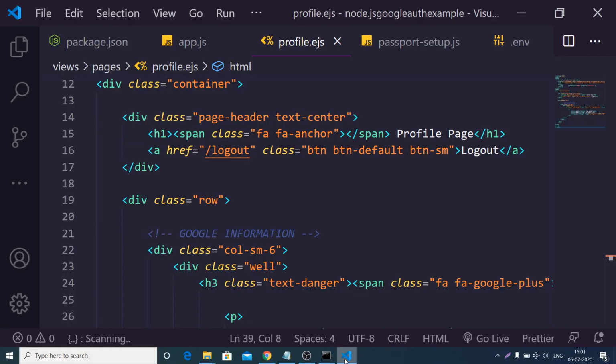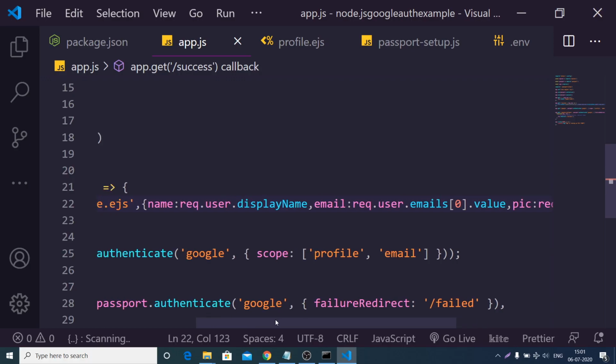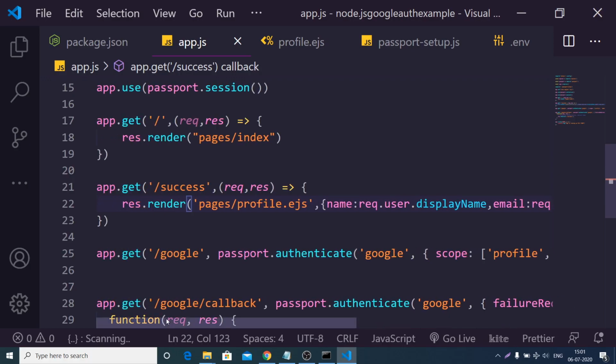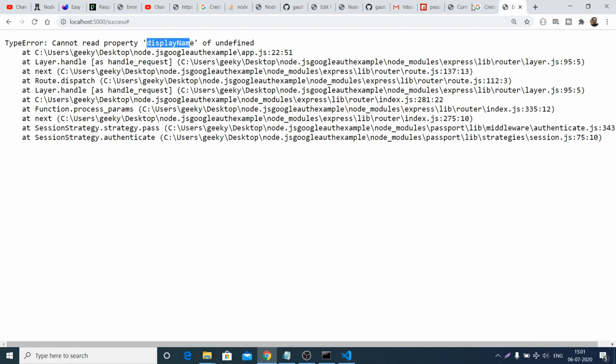What is the problem? Request.user, I think, request.user.displayName. Oh, I forgot to initialize our cookie session. So this is very much necessary in order to have the sessions.